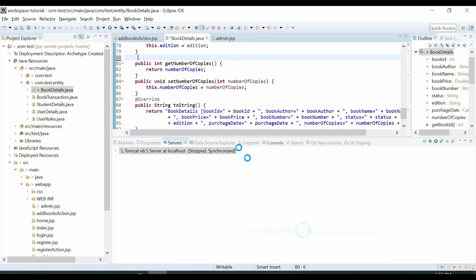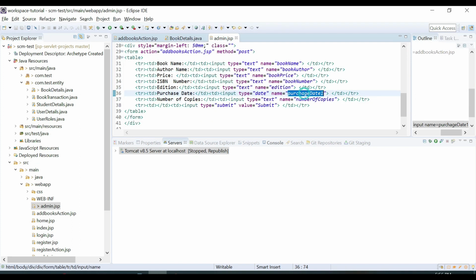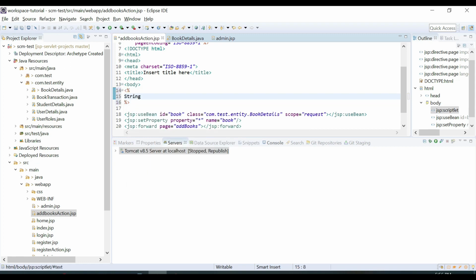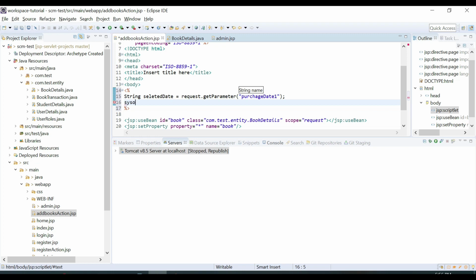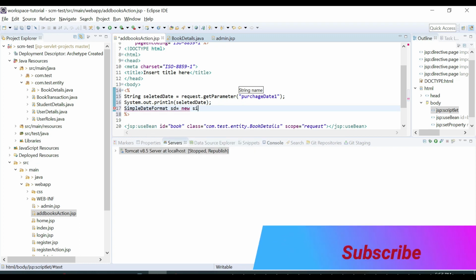And also the getters and setters. Then we have to go to the UI. In the UI, we'll change the name of this. When we come to the action, let me write the action code here. Let me print this date. After printing, we'll convert this date to a Calendar